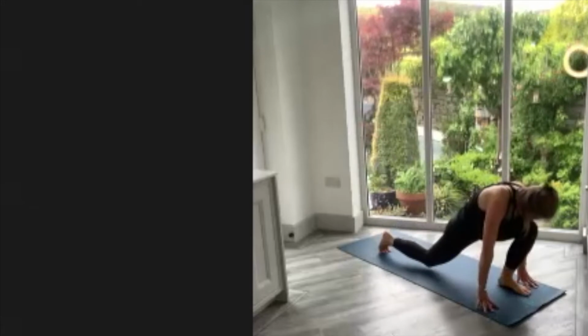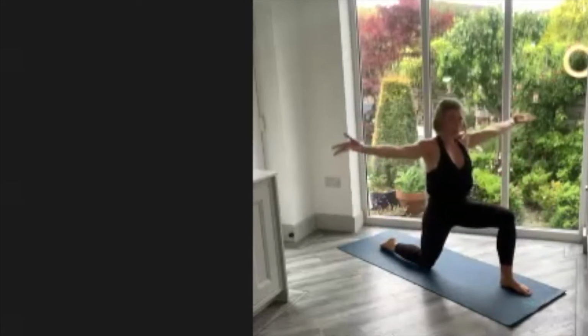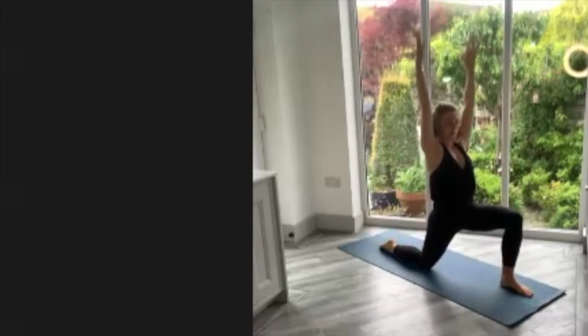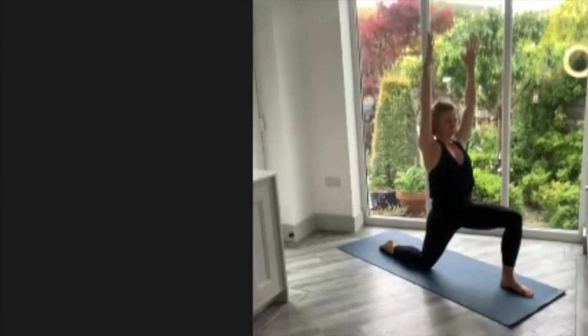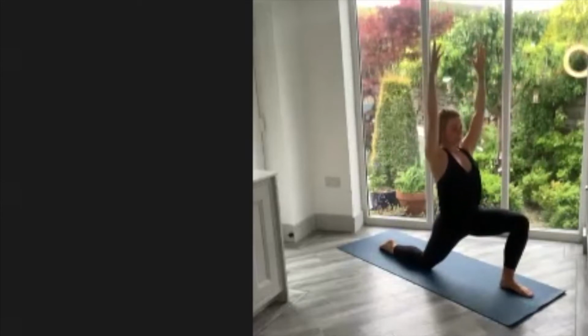Lower the back knee down. So just a low lunge. Back knee down, reach the arms up to the sky. Lengthen and open through the right hip flexor. So no rushing. Just thinking about lengthening through the tailbone. Trying to make sure the shoulders aren't too close up towards the ears. Trying to lift the chest as you move into that right hip. Take a big breath in